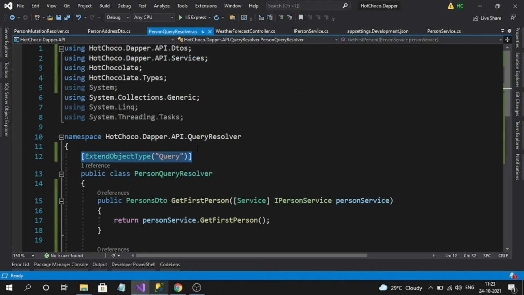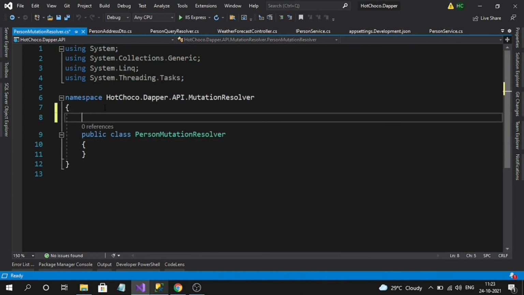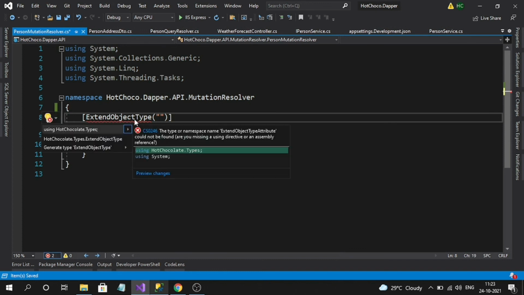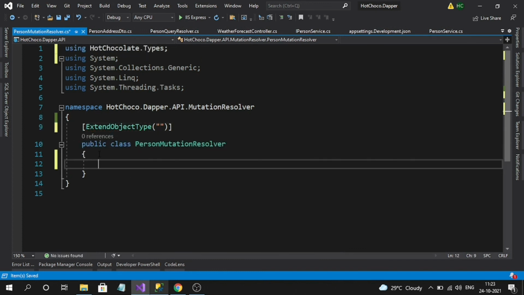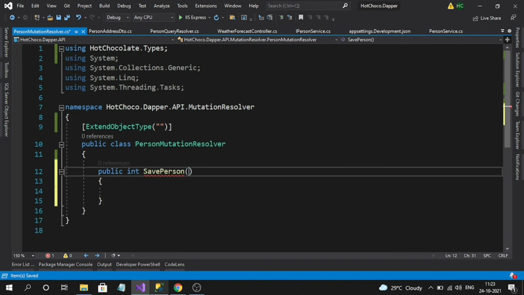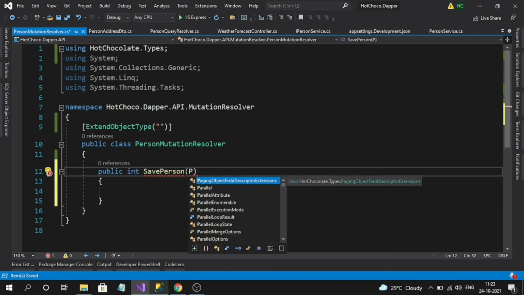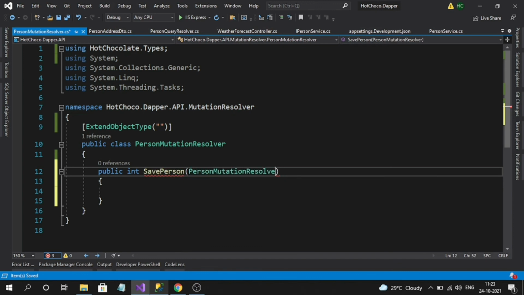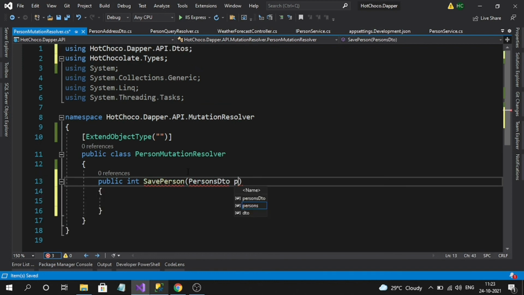Copy that, but the name should not be the query name. For mutation also we have to define the name. For now let's make it empty; while registering I am going to give the name. Let's create our entry point, that is nothing but a method, save person. Since I am using person DTO, I am naming the parameter person.